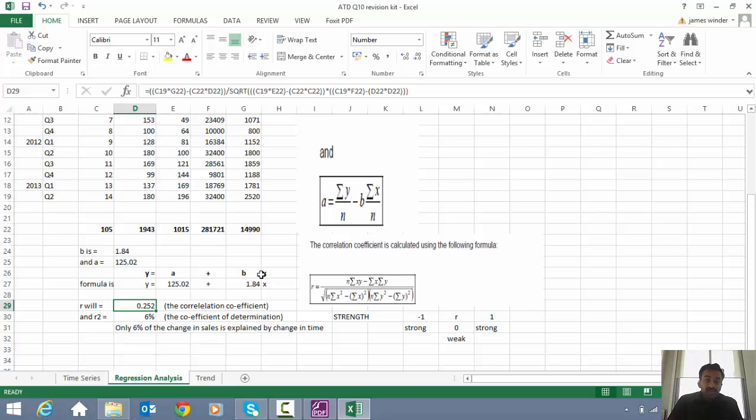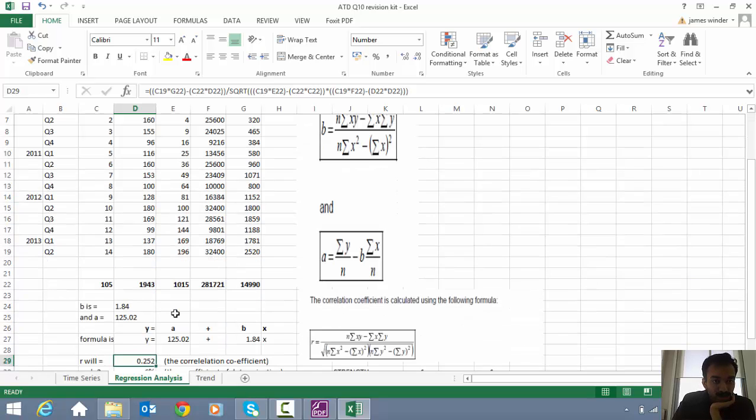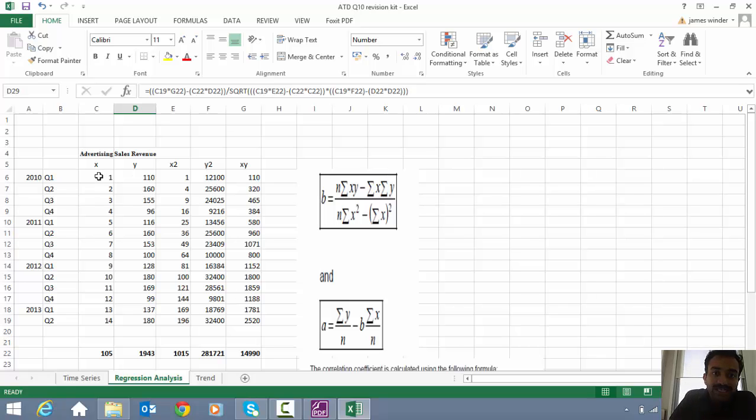Your estimates may not be accurate, will be very far from accurate, because there are a large number of factors other than time that would affect sales in this particular company, and hence there's very limited use for this approach, regression and correlation, at ATD. And that's largely because we're doing trends on a quarterly basis, and as you can see, there's a lot of variation between the quarters, and as a result,